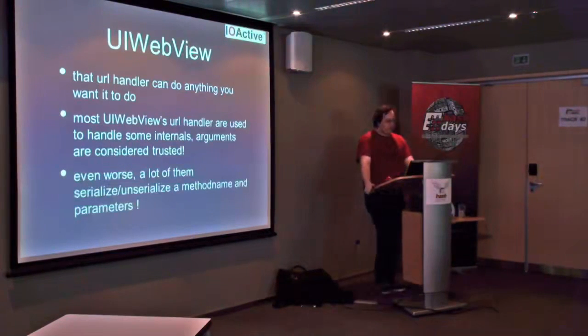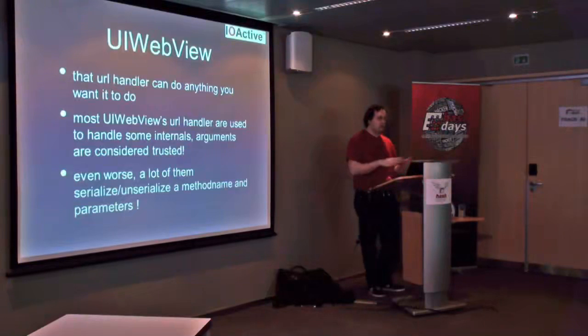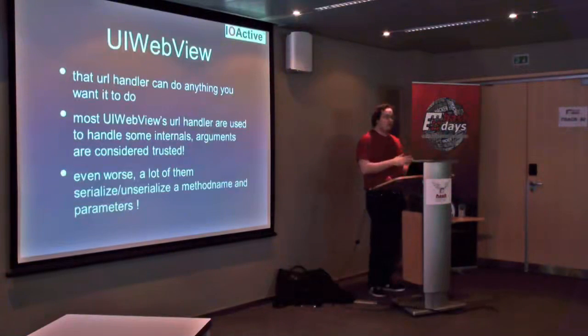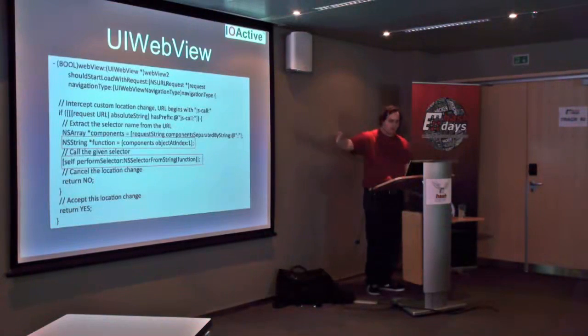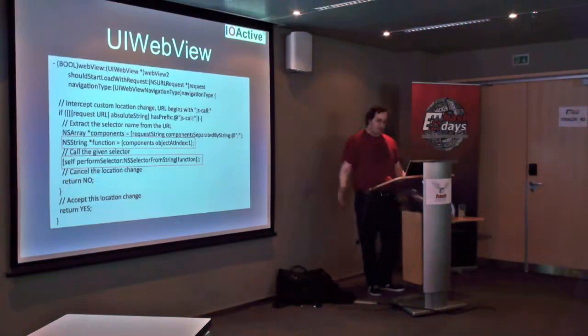As I mentioned earlier, there's a bunch of these online communities for iOS development, and they'll have sample code. A lot of the sample code takes a JS call URL handler, where the first argument is a method to call, and the second up until the last argument are arguments to pass to the method. I found this on a bunch of these forums. This is pretty standard template code that was written by someone else, where they go like, if you want to build a JavaScript to Objective-C bridge, do exactly this. And then if you look at it,